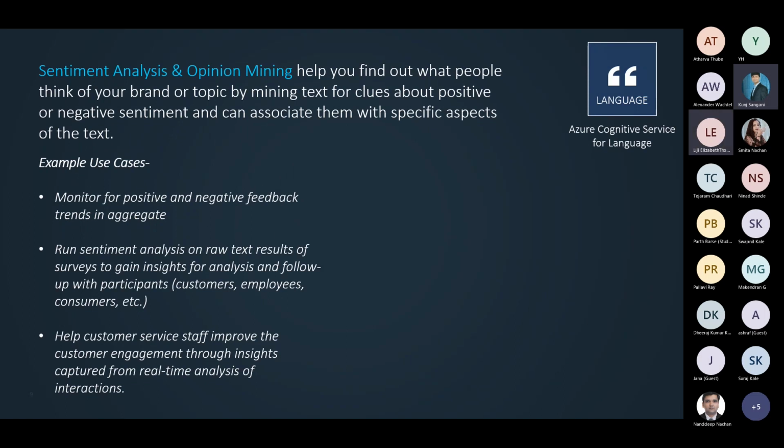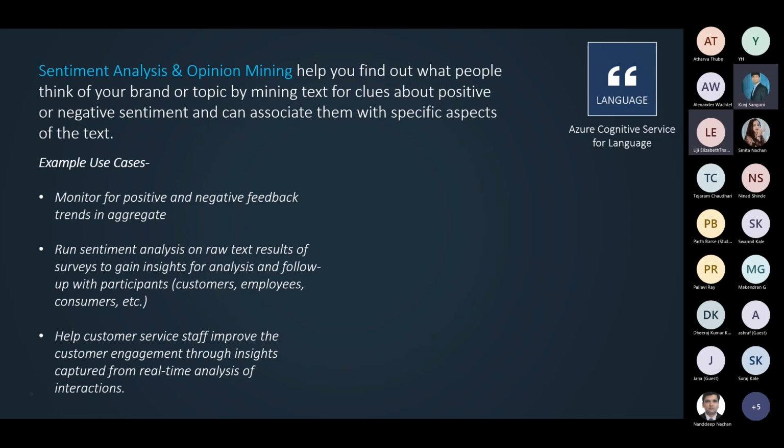And now, sentiment analysis and opinion mining. This is a very interesting one because it has a lot of relevant use cases. Imagine you have a slew of customer reviews and comments coming in through social media. You have employee feedback surveys that you want to make sense of. You want the virtual assistant to proactively bring in a human agent before the conversation goes along an unhappy path. There are just so many use cases you can think of if we are able to accurately identify and analyze the sentiments behind a piece of text.